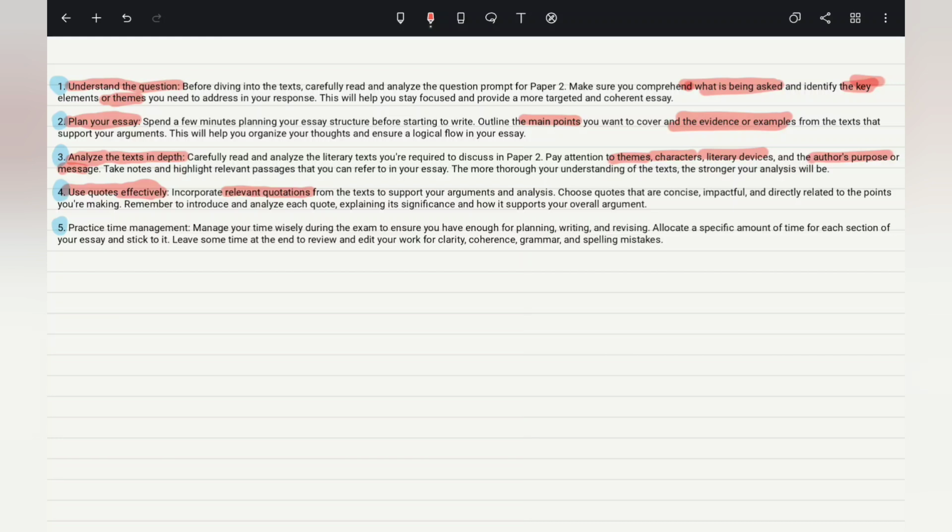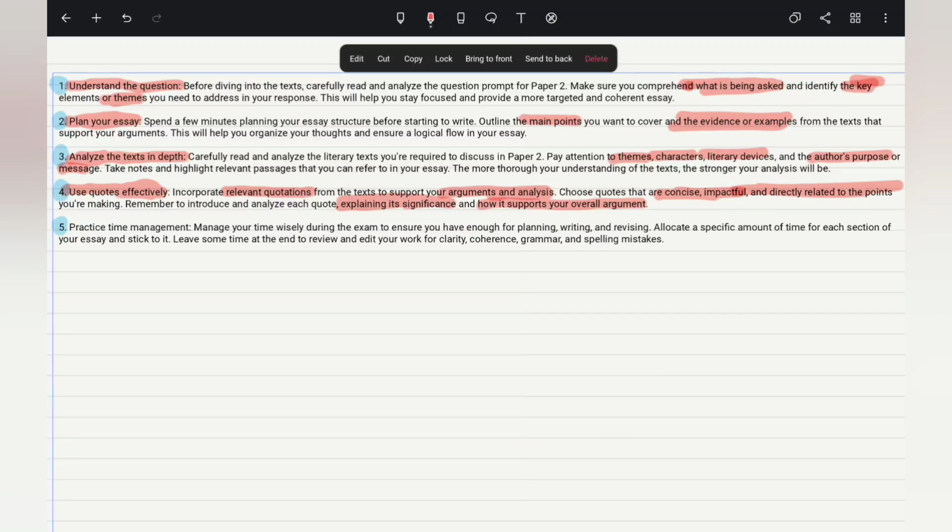So incorporate relevant quotations from the text to support your argument and analysis. Choose quotes that are concise, impactful, and directly related to the points you're making. Remember to introduce and analyze each quote, explaining its significance, very important, explaining its significance and how it supports your overall argument. And finally, as cliche as it sounds, you've probably heard this many times before,